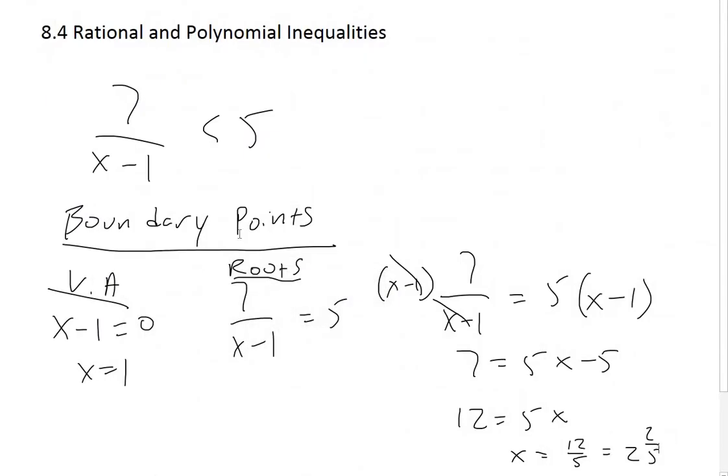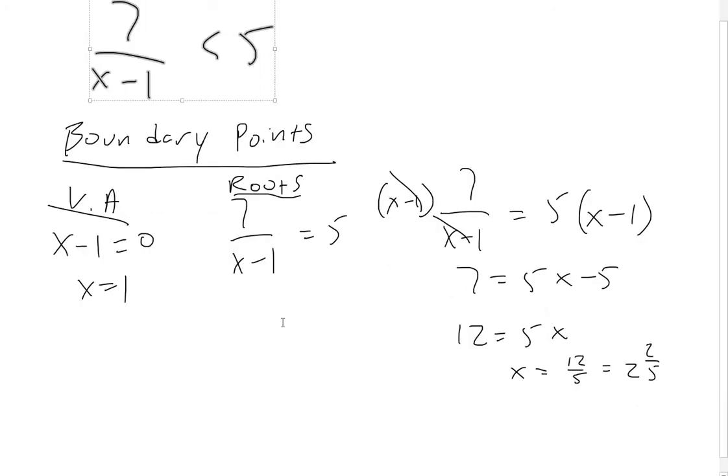And so you can do this algebraically without the graph. That's what we're working towards. But what I'm telling you is you need to find these special points wherever there are vertical asymptotes and wherever the inequality is actually equal to the other side. Again, you could only fraction bust here because it's an equation. If I go back up to the inequality, I don't know whether x is positive or negative. x could be any value, so I can't actually fraction bust the original, right? So I have to change it to fraction bust, but